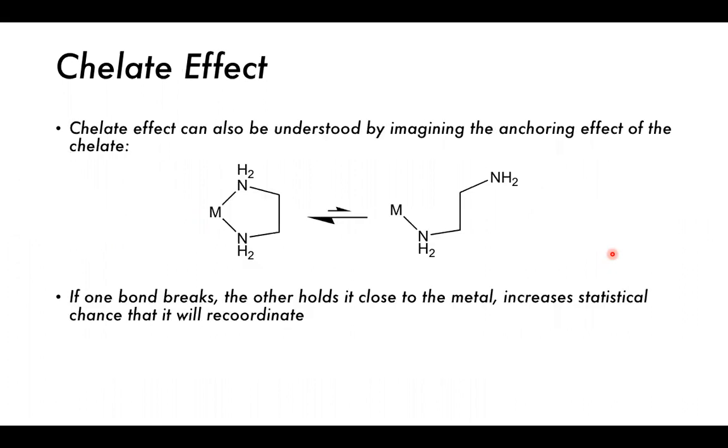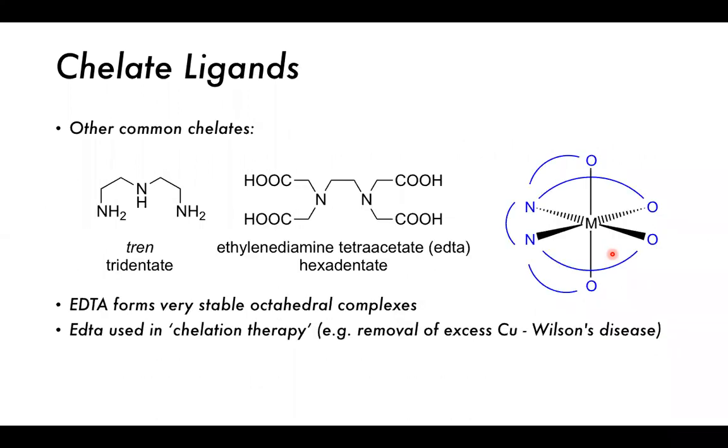The chelate effect can also be understood by imagining the anchor effect of the chelate. If one bond breaks, the other holds it close to the metal, and this increases the statistical chance that it will re-coordinate. Other common chelate ligands are the trien ligand, which is tridentate, and ethylenediaminetetraacetate, EDTA,